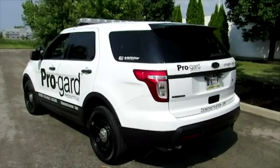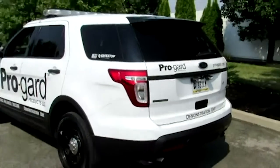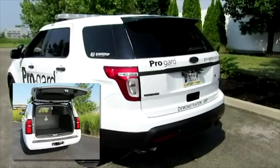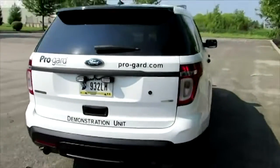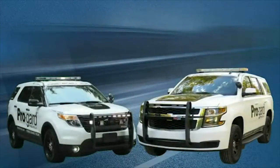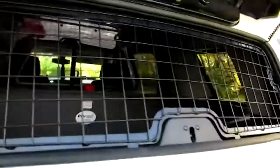A huge advantage of police SUVs is the openness of the rear cargo area. However, this openness can create a disadvantage if expensive duty gear and equipment are left visible through the wraparound style windows. Pro-Gard's rear window guards provide a secure barrier between the officer's equipment and the SUV windows that can easily